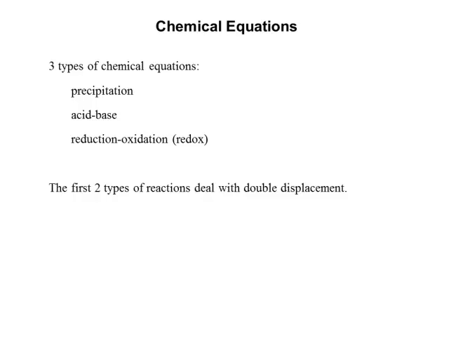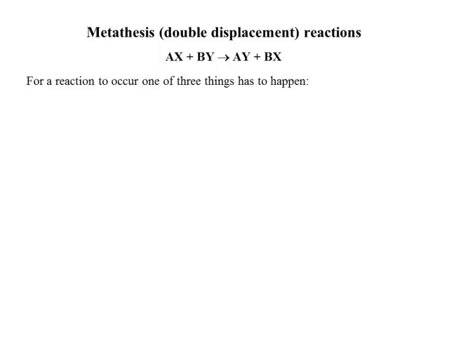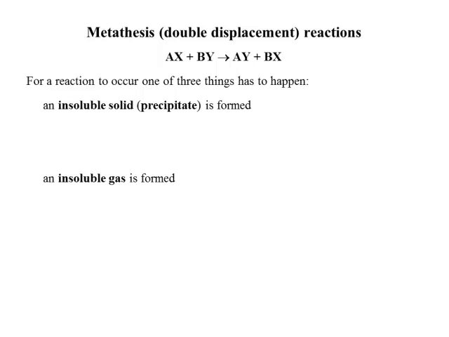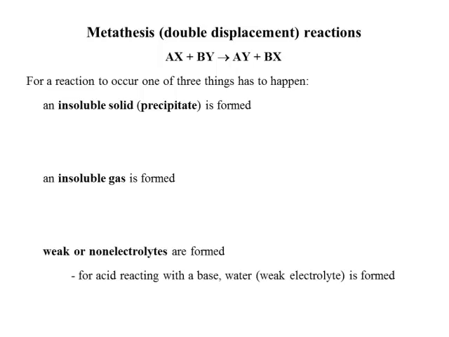Just a quick review of the double displacement reactions, or metathesis reactions. In general, AX plus BY goes to form AY plus BX. All I've done is switch the anions around. In order for a metathesis reaction to occur, we have to either form an insoluble solid, that deals more with precipitation type reactions, or we have to form an insoluble gas or a weaker non-electrolyte. The insoluble gas and the weaker non-electrolyte are going to be more involved with these acid-base reactions and formation